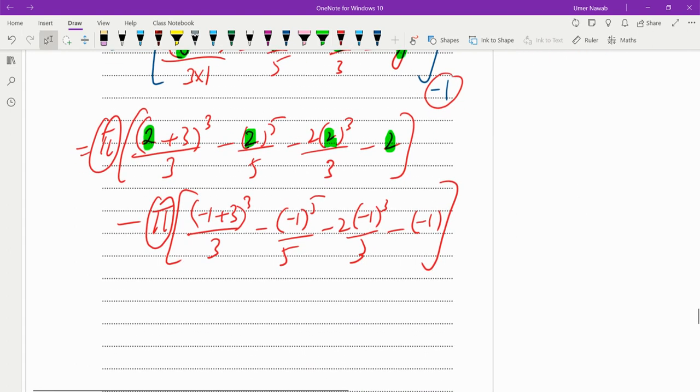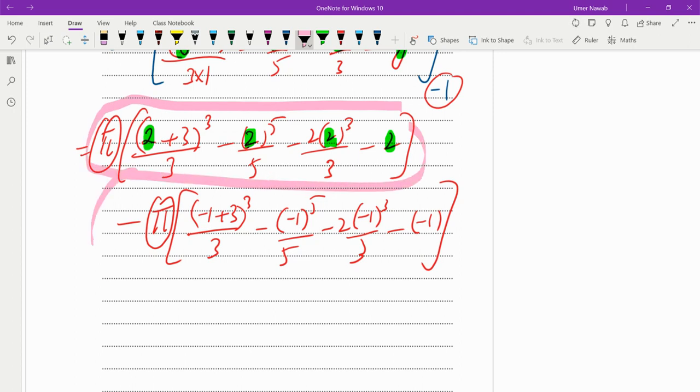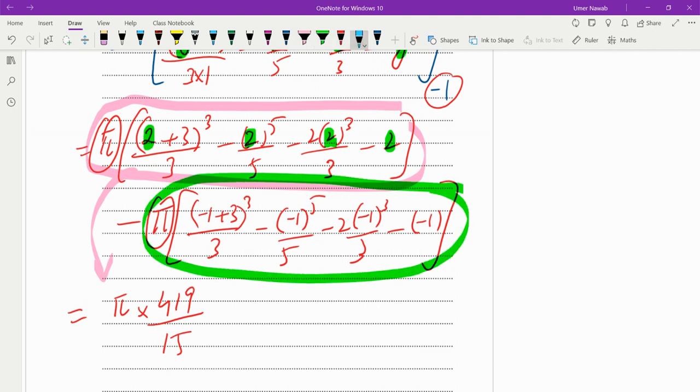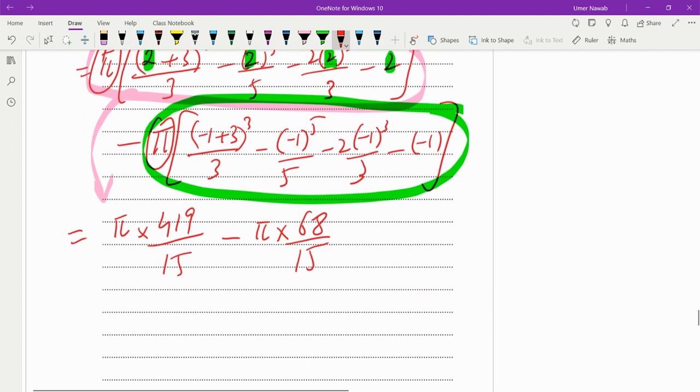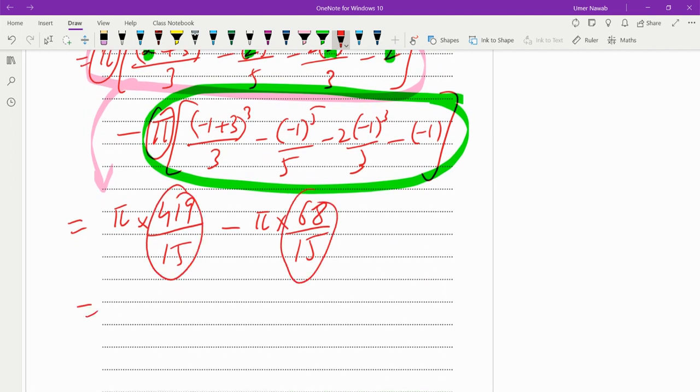Now you guys can simplify. Use your calculators. This will give you what? Pi times 419 over 15. And you use your calculator for this. In between there is a minus sign. You get 68 over 15. And then you write this in a calculator. It will give you the answer 117 pi over 5, or you can write it in mixed form as 23 whole 2 over 5 pi,